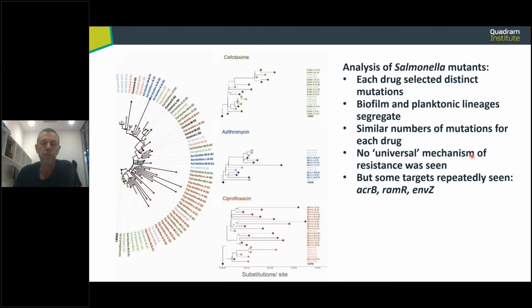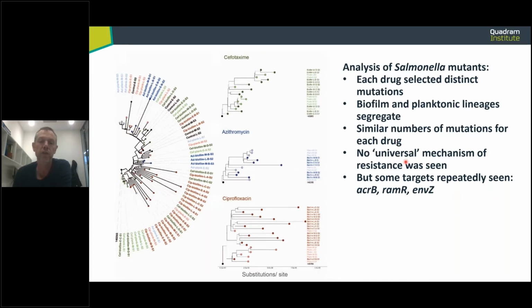So I'm just going to finalize explaining a little bit about one of the mechanisms. As I said, we sequenced lots of the outcoming mutants from these experiments to try and understand what had happened, and this tree just shows how they all started from the same ancestor strain and where they ended up. You can see they're colored by drug, that there's no single universal branch that happens in all the biofilms or anything. It's drug specific. So drugs select for specific pathways of tolerance, and then within that there's some differences between biofilms and planktonics, which are the dark or light colors here.